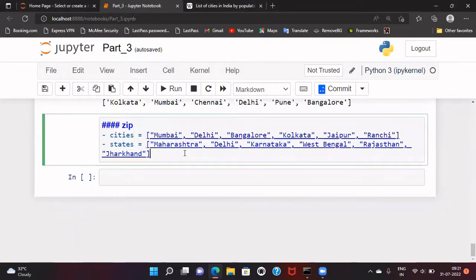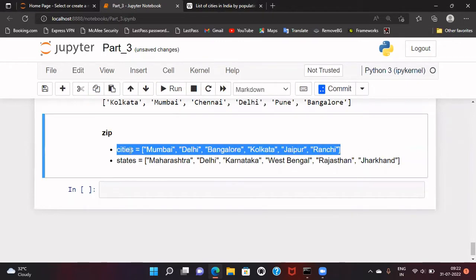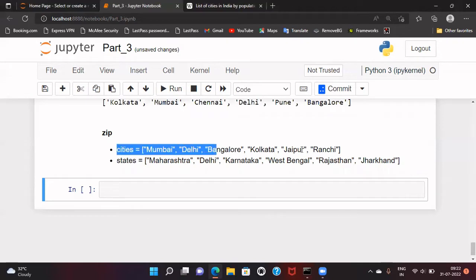Zip. So what is the use of this function? For example, we have multiple iterable variables. Let us consider two as of now. So here you can see we have two lists, one is cities and another is states. So if I declare these two lists here,